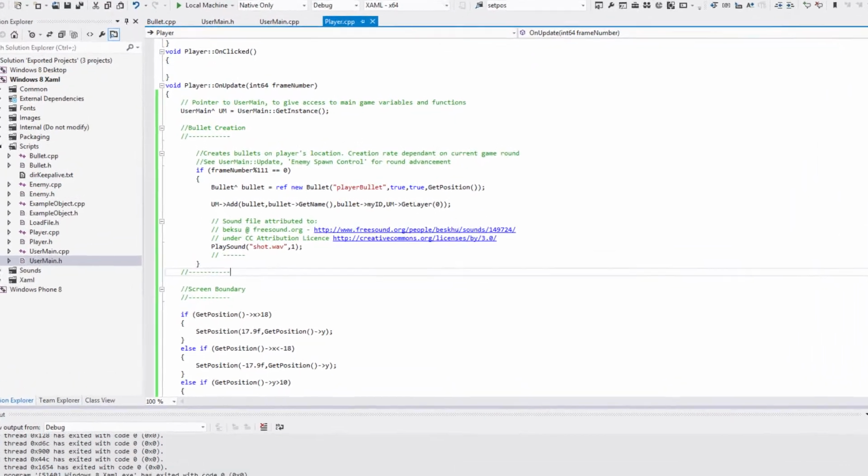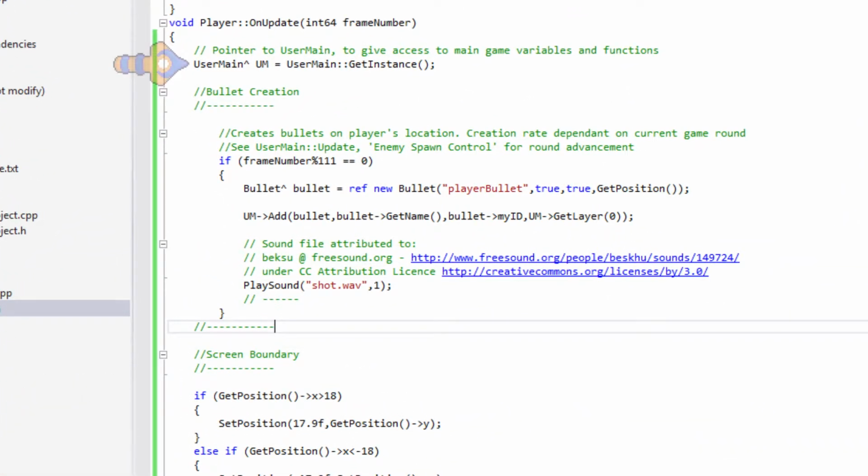And finally, we can bring our bullets to the game world. Firstly, we create a pointer to usermain, which we'll be using to access functions in usermain. You'll see this line a few more times in the future. The code we have below, in simple terms, will only execute every 111 frames. In more depth, we use modulus. If the current frame number can be divided by 111 wholly, or in other words, with no remainders, we execute